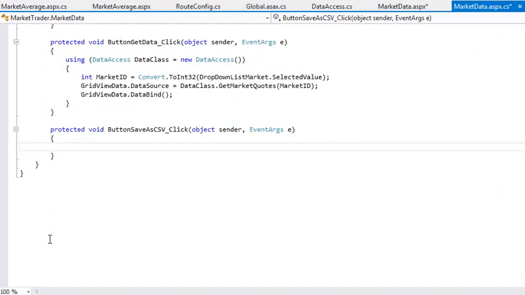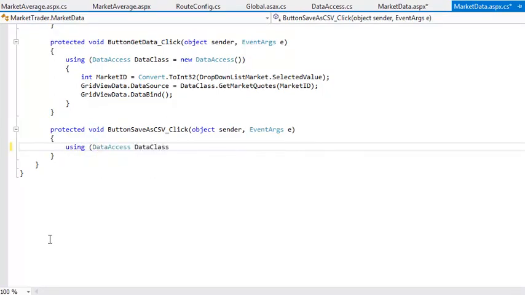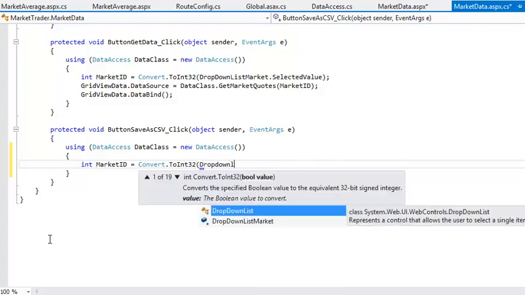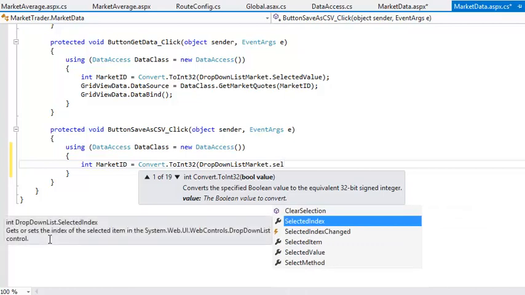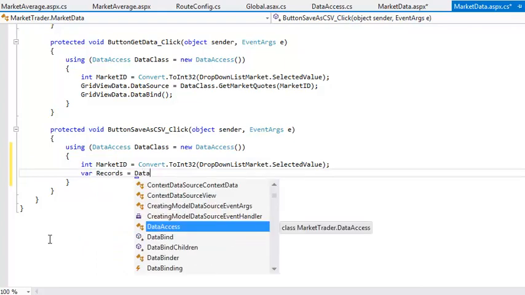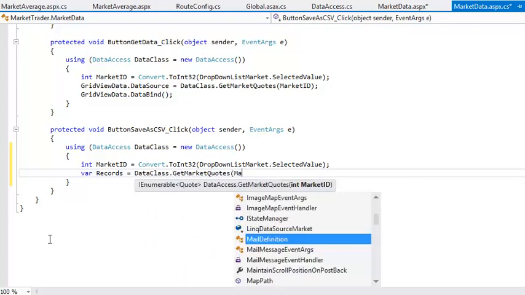Now add the following code to extract the records from the database. using DataAccess dataClass = new DataAccess(); int marketID = Convert.ToInt32(dropDownListMarket.SelectedValue); var records = dataClass.GetMarketQuotes(marketID);